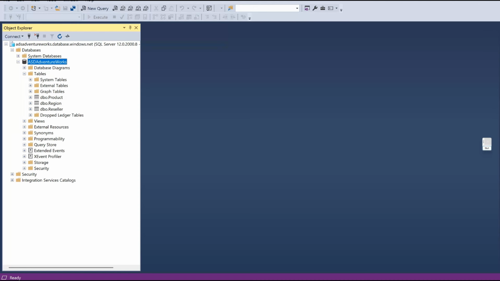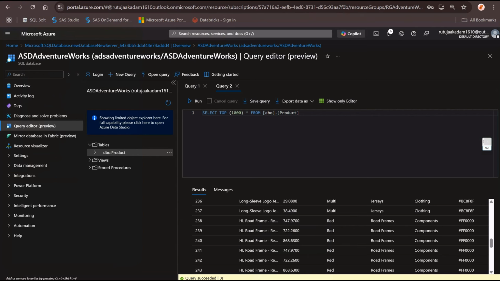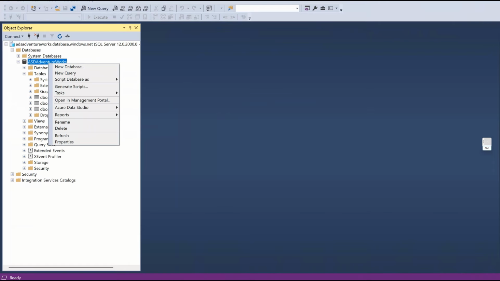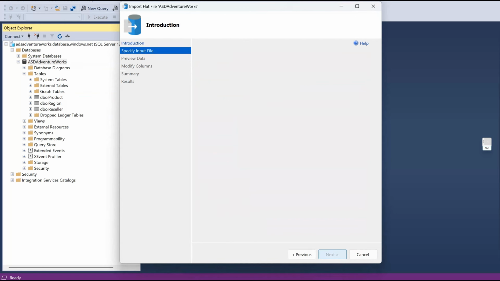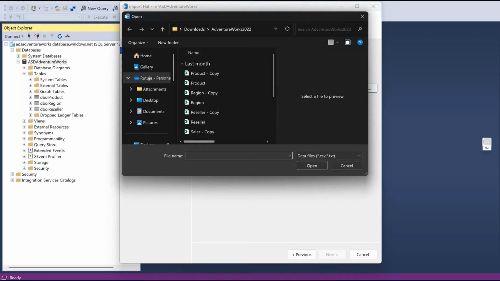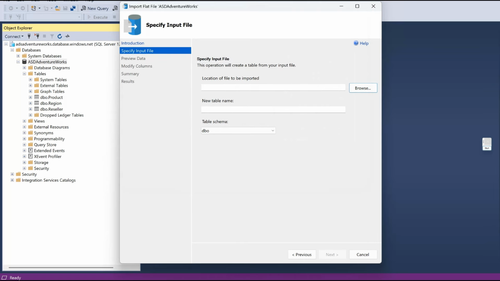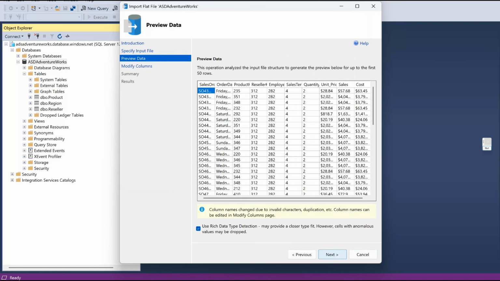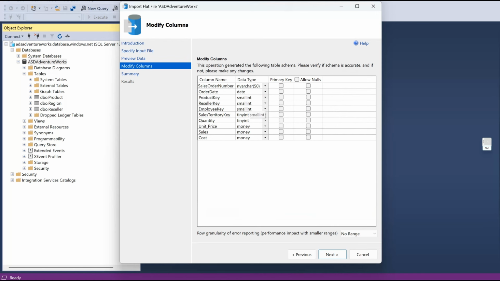Okay, so we are still left with 4. Refresh it. We can see those 3 tables here also. So now let's quickly upload all the remaining 4 files. Tasks, import flat file. Next, browse. After reseller we have sales, open. Table name sales. Next, this is our data. Next. So in here